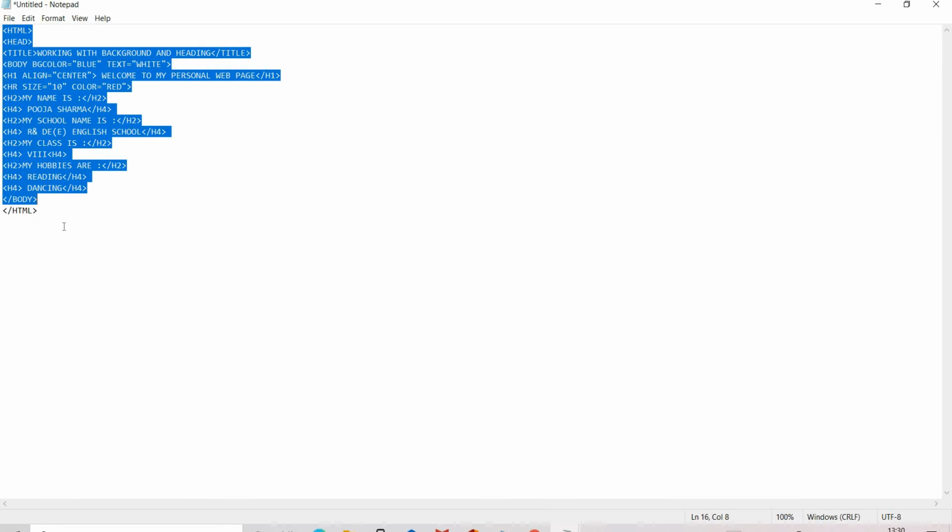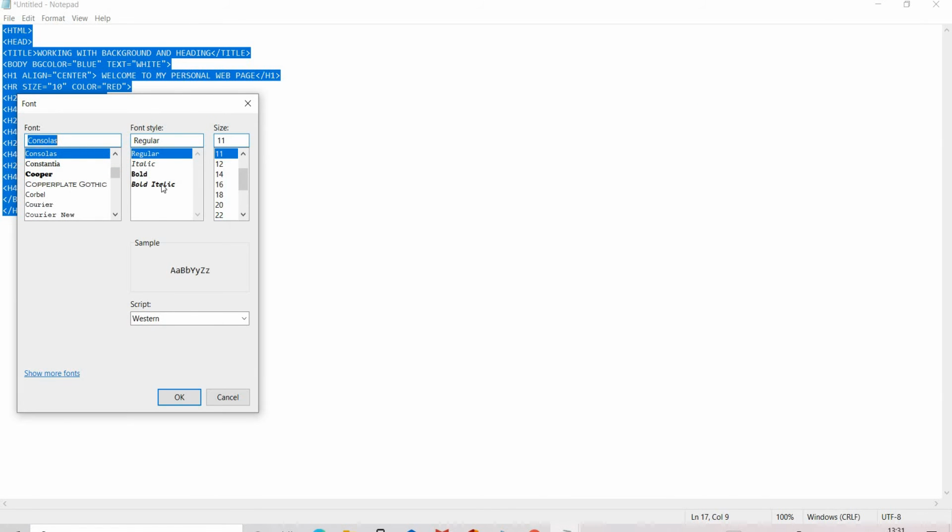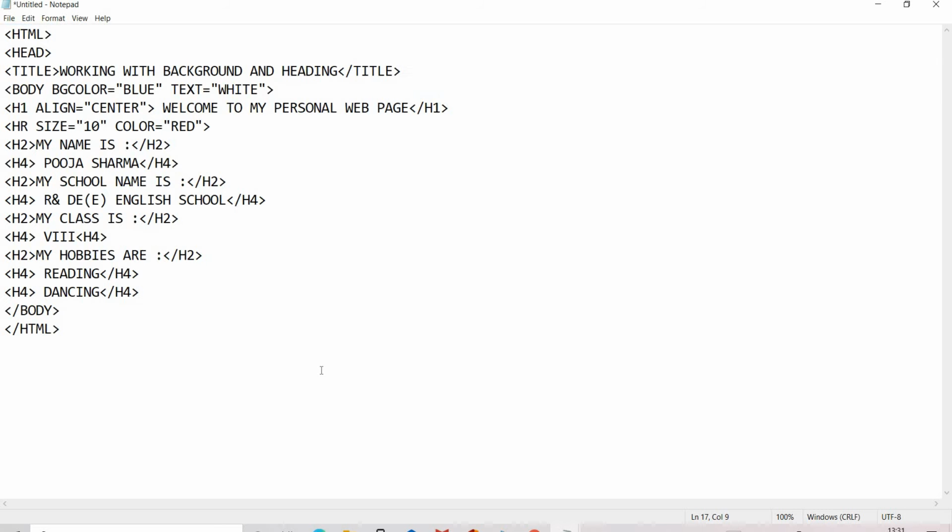Now you can increase the size with the help of format and font, like 16, click on OK. So it is now visible to you also.